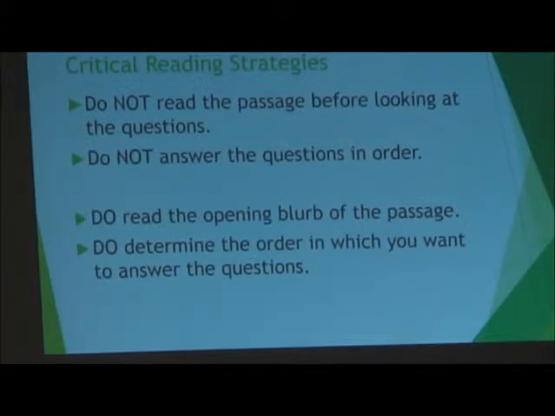What you do want to do is read the opening blurb. They always include this thing in italics that tells you where the passage is from and what the main idea of the passage is, right? They're going to say, this was written by an author in the 17th century, or by an African American about the legacy of slavery. They'll always tell you what the main idea is, actually. So that gives you context. You just have to read it and then be like, okay, that's what this passage is sort of about.